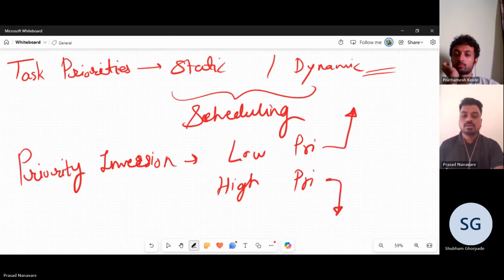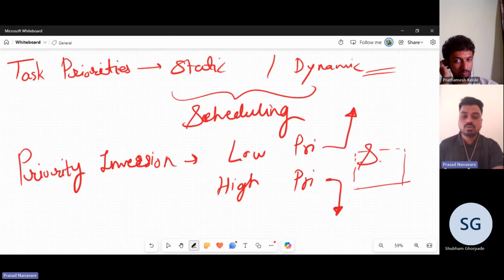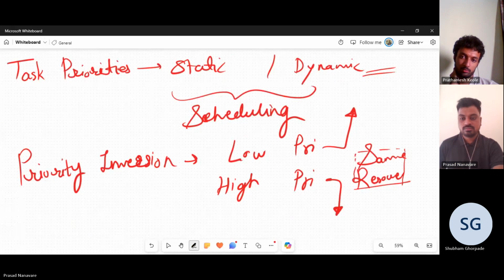Okay, when the situation comes, ये भी होता है आपस में। Okay, low priority task can block the higher priority task when both share the same resources. Okay, इसमें भी कंडीशन है अगर दोनों सेम रिसोर्सेस यूज कर रहे हो तो। ठीक है।